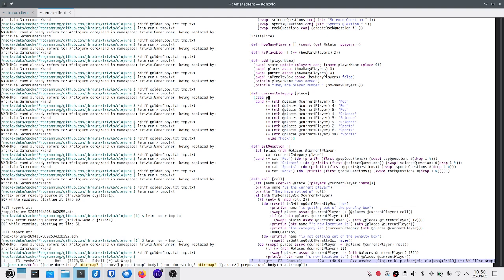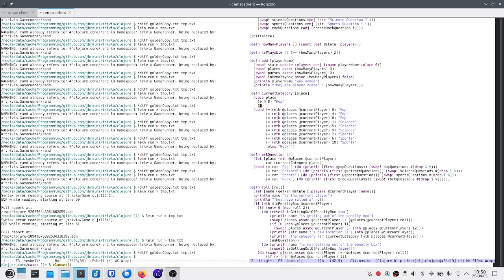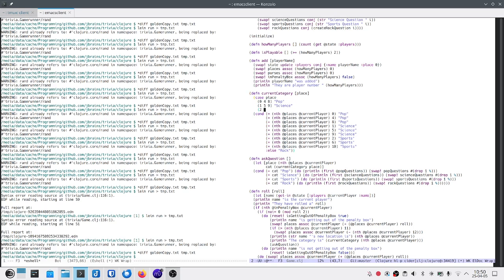So what we can now do is make a case statement. This is another one, it's rather like a switch. Clojure has two of these out of the box, and of course, being a Lisp, you can make your own if you want to.